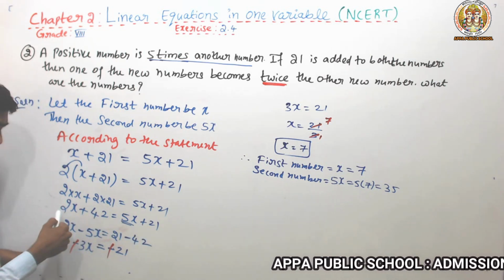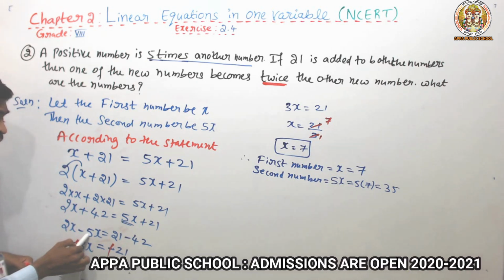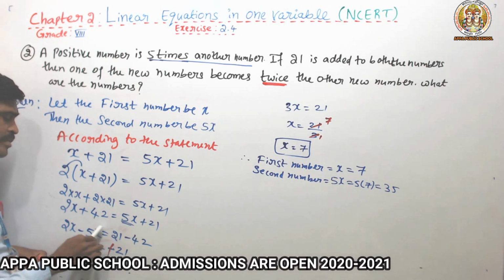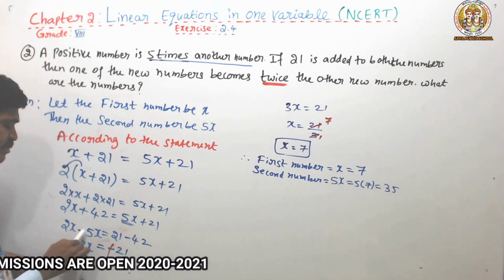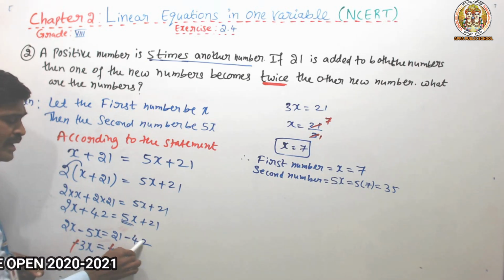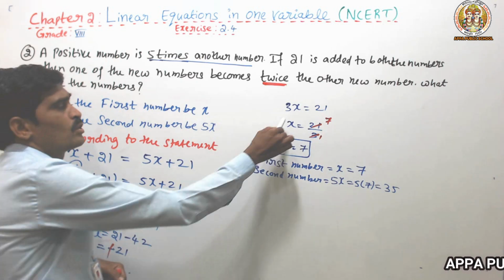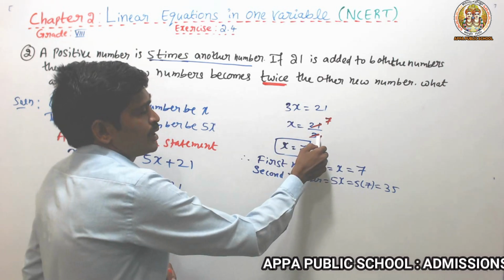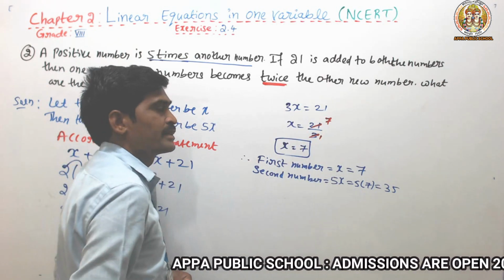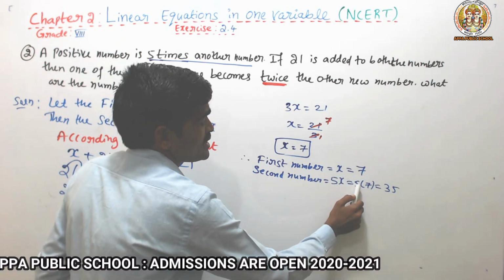So variable separate, constant term separate. 2x is equal to plus 5x transferring to LHS minus 5x. So 21 keep as it is, plus 42 transferring to RHS minus 42. So 2x minus 5x is minus 3x, 21 minus 42 is minus 21, minus minus get cancelled. So 3x is equal to 21, x is equal to 21 by 3. So x is equal to 7. So first number x is equal to 7, then second number is equal to 5x, 5 of 7 is